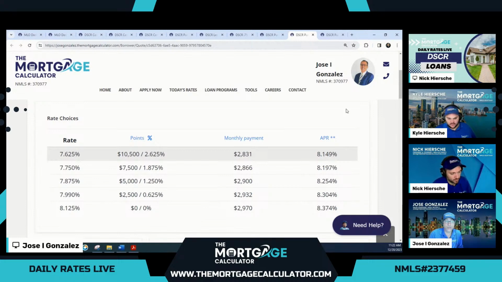Or also, if the seller is paying some points, some seller credit, paying some of the borrower's closing costs, we can certainly put the loan discount fee to be paid by the seller, in which case it will not get counted into the test, or whatever portion of the loan discount is paid by the seller would not count into the test. So you could certainly get a lower rate than 7.625. This is just a conservative estimate without running any of the tests of what we can do. So there are lower rate options.